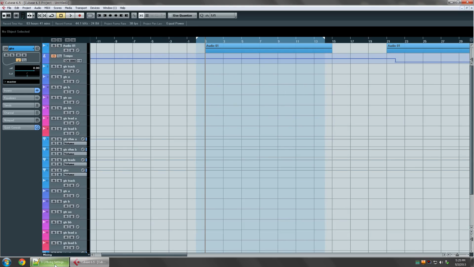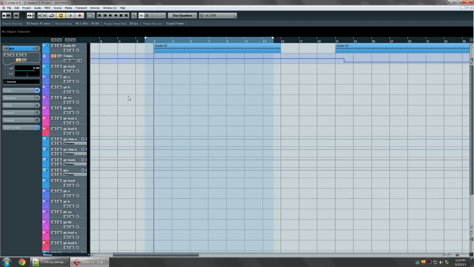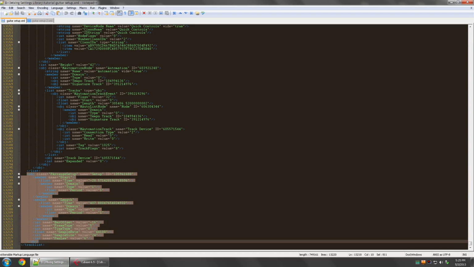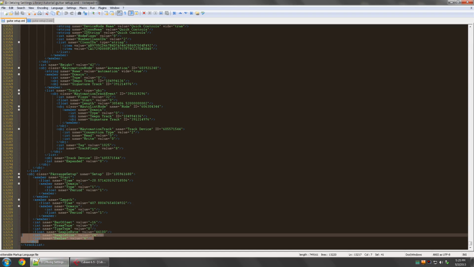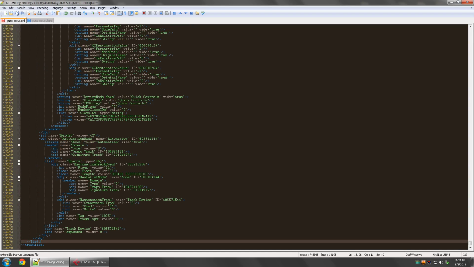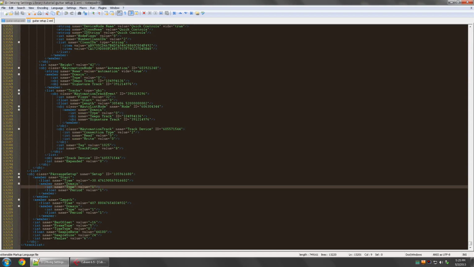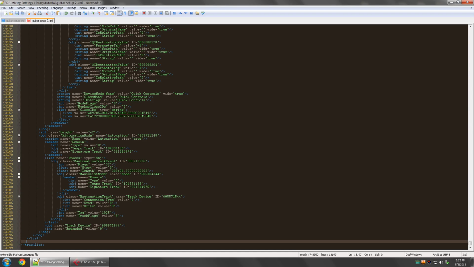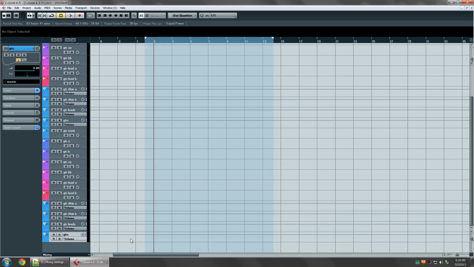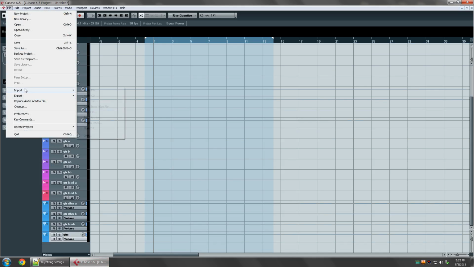So basically what I'm going to teach you is how to stop that from happening. There's really no function built into Cubase to prevent it from doing this, but you can go into the XML file that you export, and just remove this whole object here using Notepad++. So I'm going to remove this object, hit save, and do the same thing here. And now if we try to import that one again,